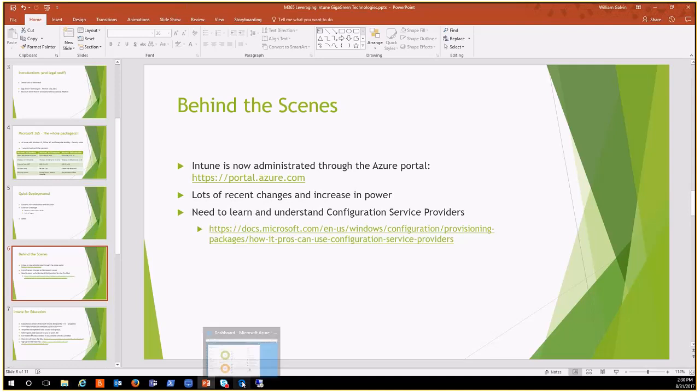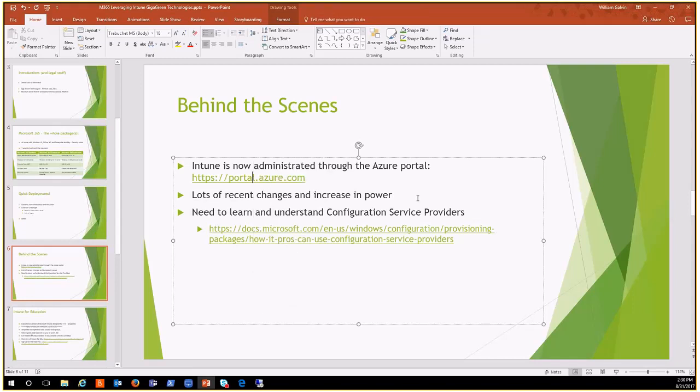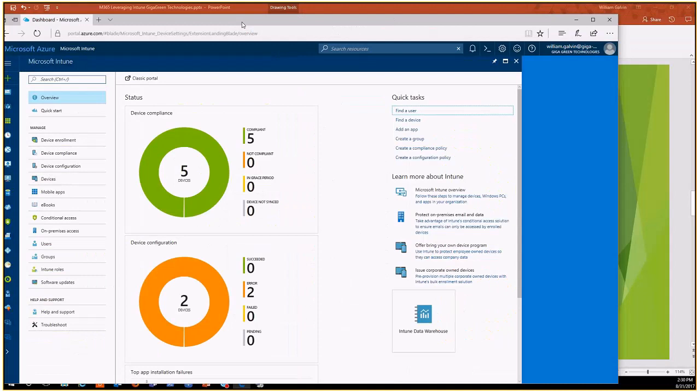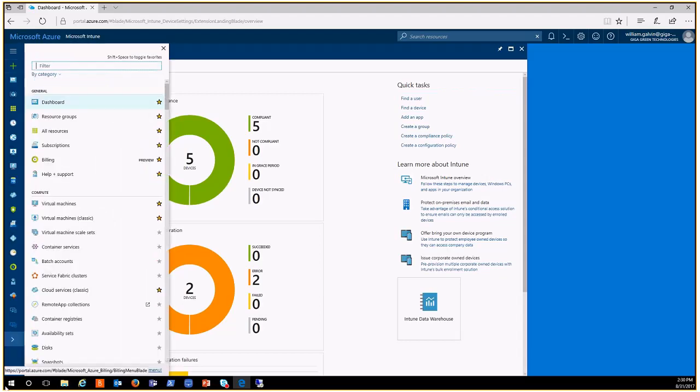Since Intune is still populating and pushing itself out, we're going to take a look at the Azure portal to see how Intune is now managed. If anybody's done any work with Intune in the past, you know that there was kind of its own management portal. It had a different URL altogether. This has completely changed and is now just part of the regular Azure portal. So this is the home blade for Intune. To get to it, I actually have it pinned here, so it's quite easy. But you can just search Intune in the